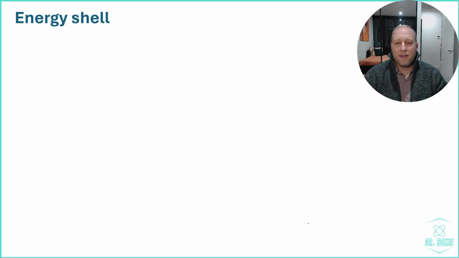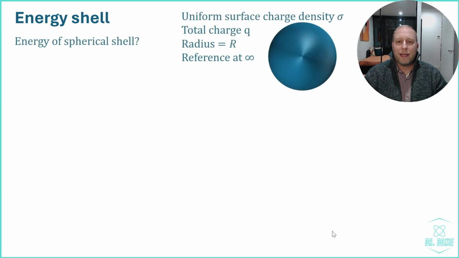Let us now use these expressions to calculate the energy of the same hollow spherical shell that we've looked at in the previous lesson. It has a uniform surface charge density of sigma, a total charge q, radius capital R, and we choose as the reference for the potential infinity. Now we have two different ways of calculating this energy, the work, and they will use integration over different regions